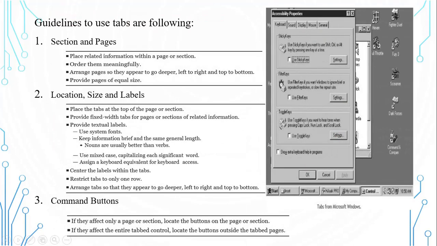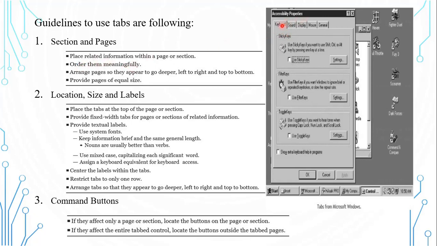Guidelines to use the tabs are the following. So let us understand the guidelines for using these kinds of tabs, or how you can create the tabs. Sections and pages: place the related information within the page or section, and order them meaningfully.